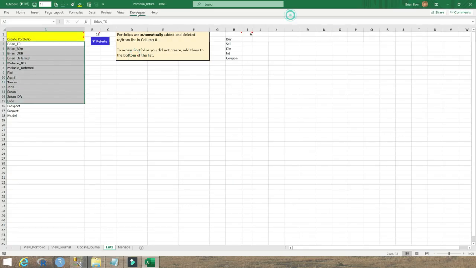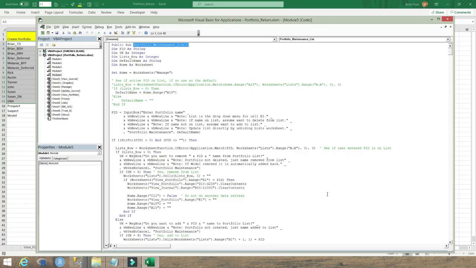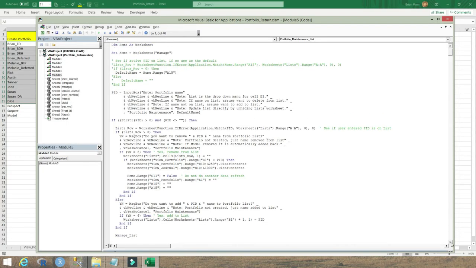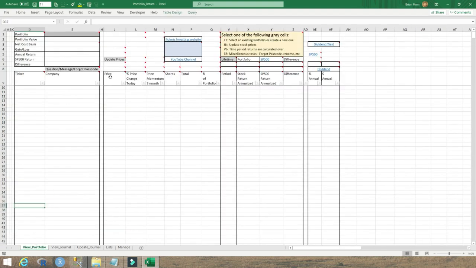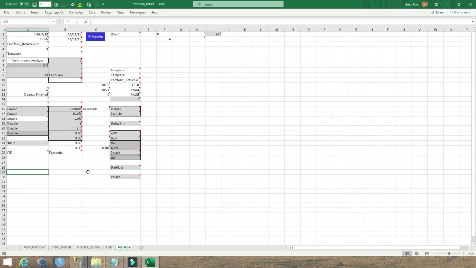So at the end of this subroutine, what needs to be done is it calls a routine called Manage List to reorder this list so that there's no blanks and it's in the order that is expected when the user does a drop down here in E1, so that these portfolios are appearing with create portfolio first and model portfolio always at the end. So it does this manage list